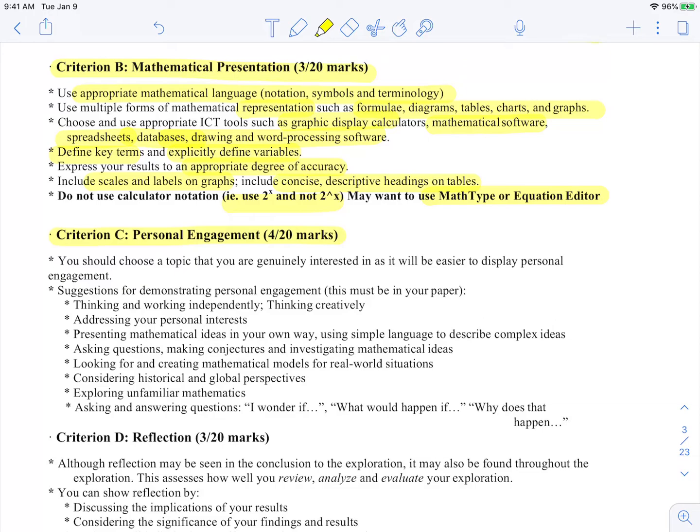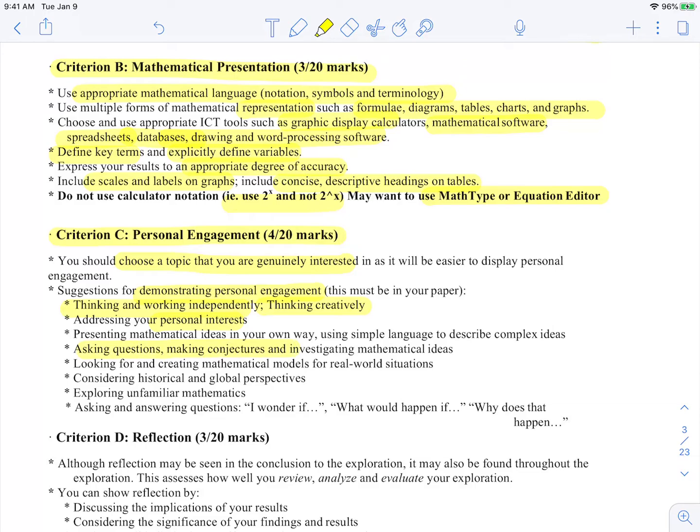4 out of 20 marks for that area. It's suggested that you choose a topic that you genuinely like. You're showing your personal engagement in your paper by thinking and working independently, creatively, addressing why you chose this topic,